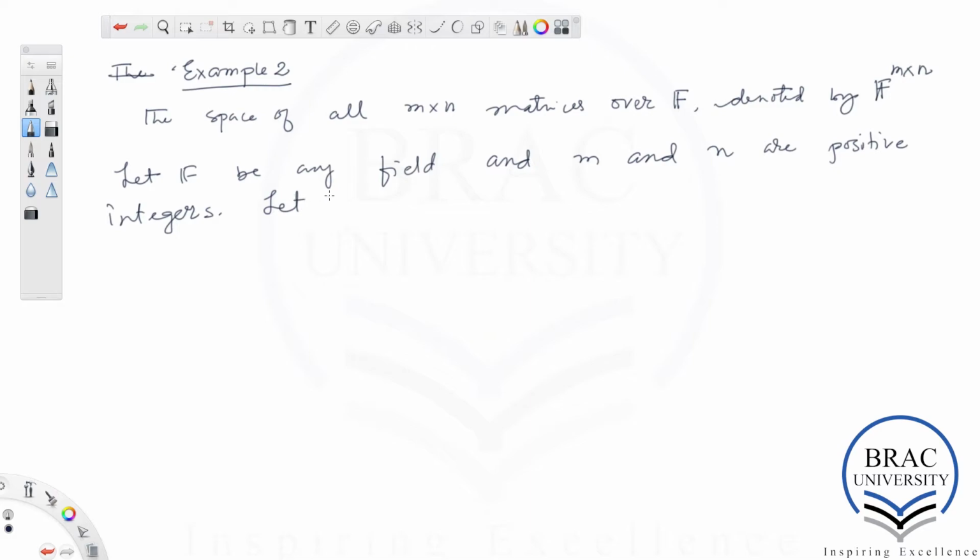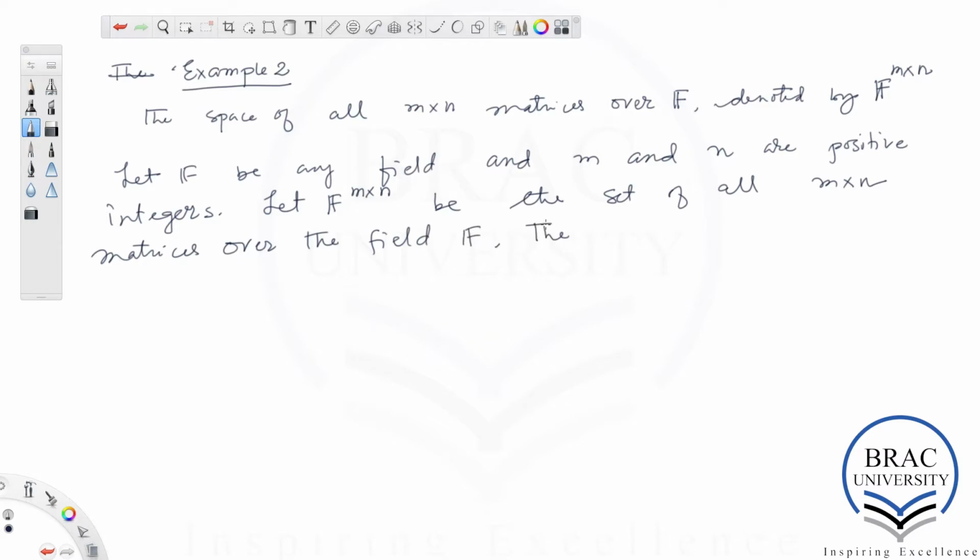Let F to the m cross n be the set of all m times n matrices over the field F, the sum of any two vectors. In this case, the vectors are m times n matrices, okay? Matrices of size m times n over F,